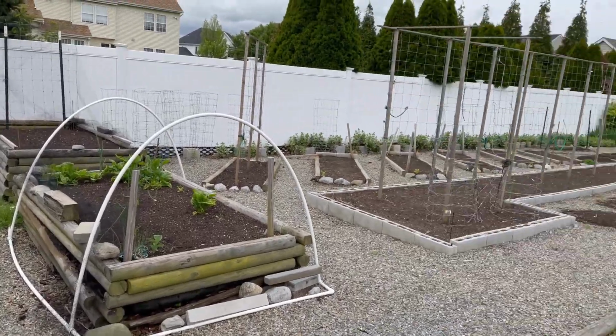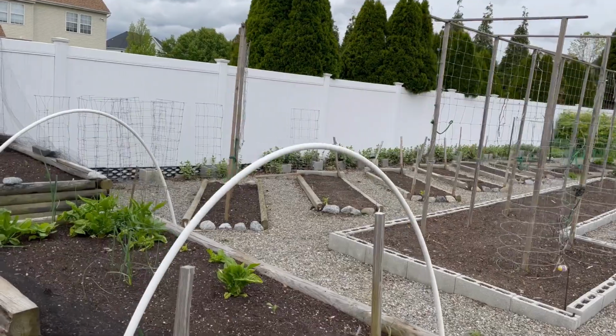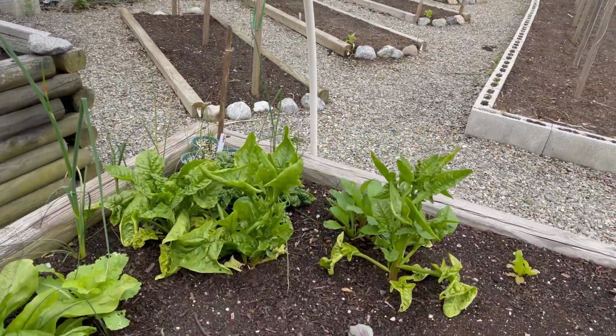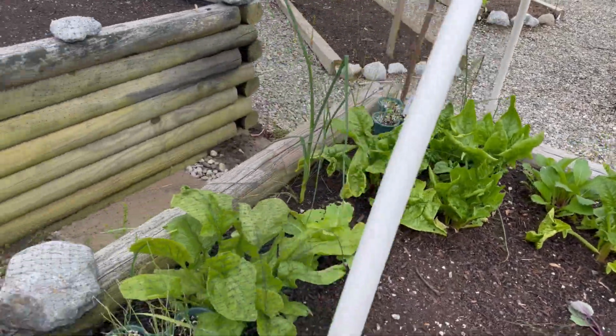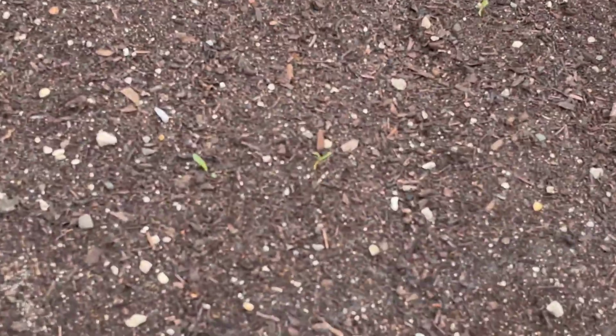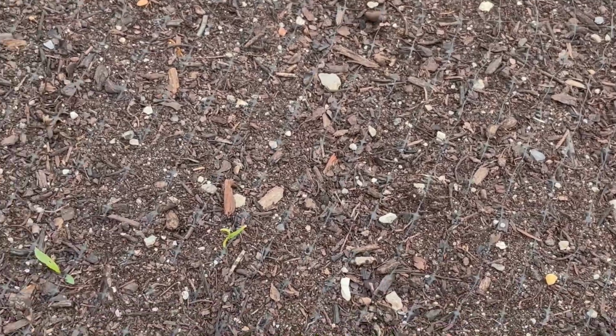So just think, you guys, this time next month, all of this is going to be a glorious garden abuzz with life. And look, I have more spinach varieties here that I'm going to be harvesting today. My carrots are popping up. Yay! Oh, I'm very excited about this. You see the little tiny carrots? They can take 2 weeks, and I'm just about hitting that